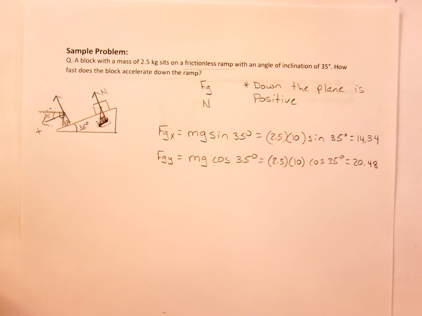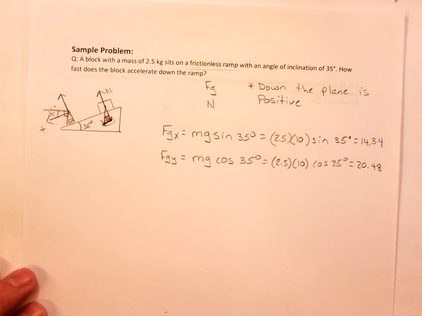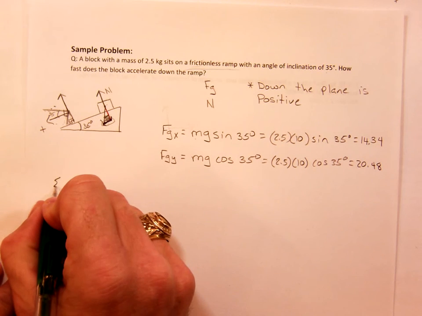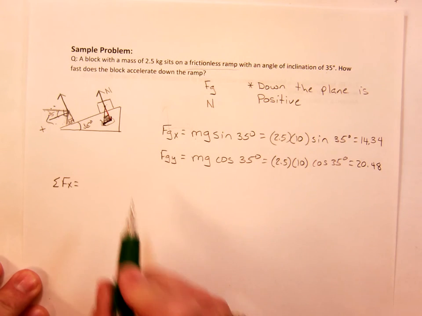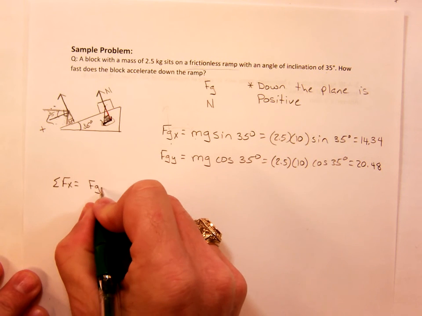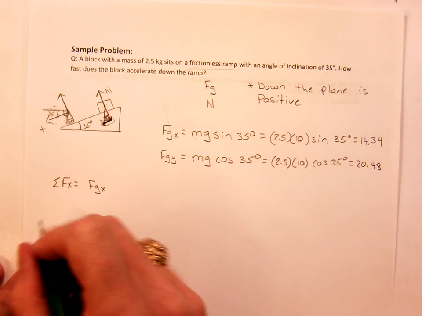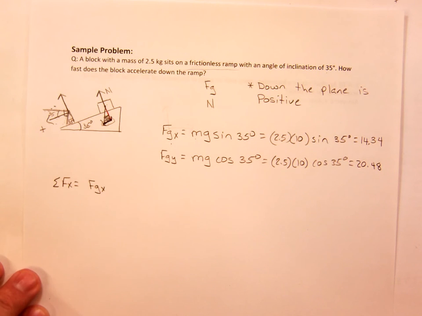Okay, now I've drawn a free body diagram. I've resolved my vectors. Now what do I do? What's the next step in every process that I've taught you so far? Add up, sum my forces in the x, sum my forces in the y. So sum of forces in the x direction. I have the force of gravity in the x direction. In which direction is it going? Up or down the inclined plane? Down. Down, and I've said down is what? Positive. Is there any other force acting on it? No. So it equals